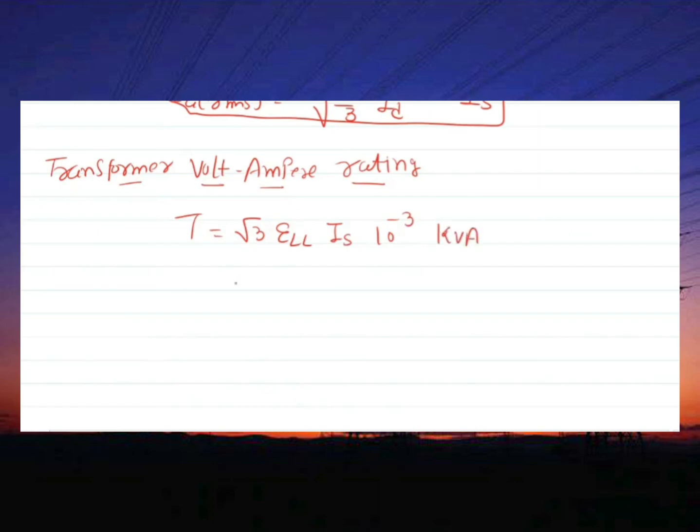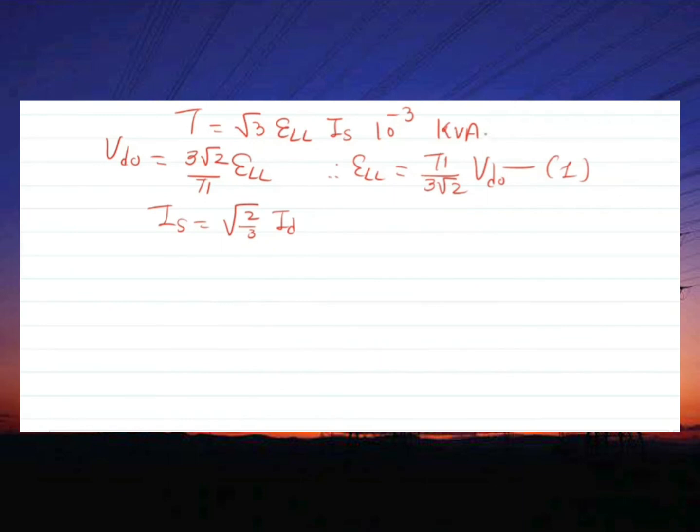As you know, what is the no load DC voltage? The no load DC voltage VDO is equal to, in terms of ELL, 3 root 2 upon pi ELL, and therefore ELL is equal to pi upon 3 root 2 VDO. This is equation number 1. So we get T is equal to